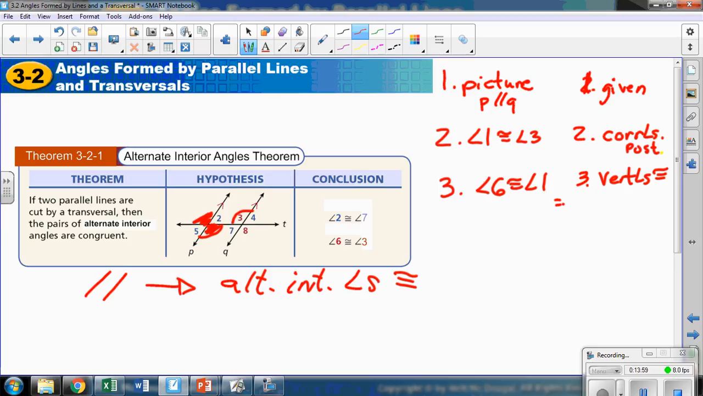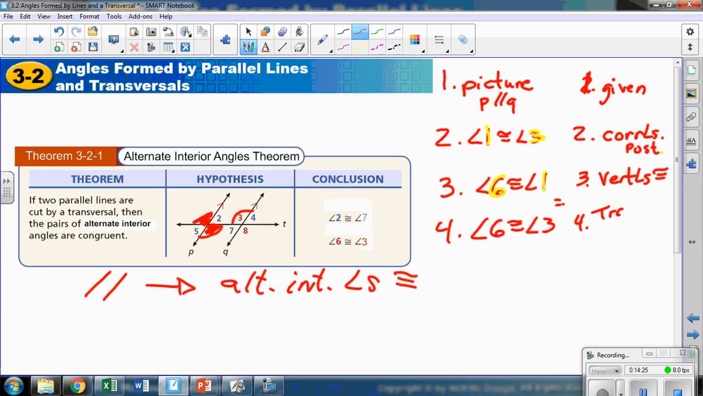And so what we should be able to recognize then, we could put these together. 6 is the same as 1. 1 is the same as 3. You see the bridge forming? 6 connects to 1, 1 connects to 3. We can cut out the middleman and simply say angle 6 is congruent to angle 3,